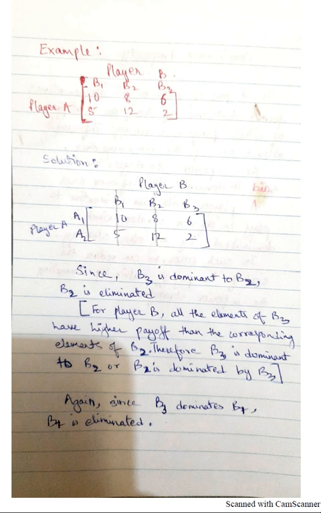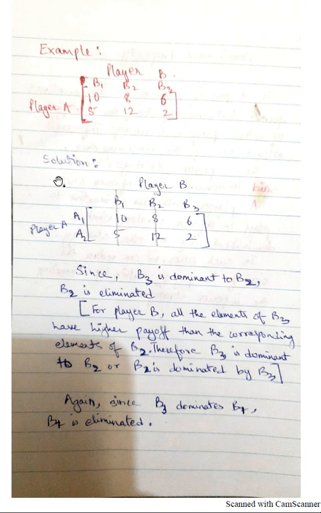If you cannot use the minimax maximin principle, you will then go on to use the dominance strategy or the mixed strategies. Mixed strategies can only be used for a 2 by 2 matrix. So if it is larger than a 2 by 2 matrix, you will go on to solve it using the dominance property.